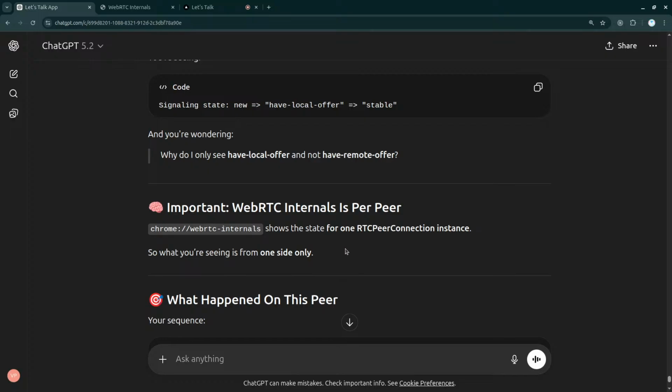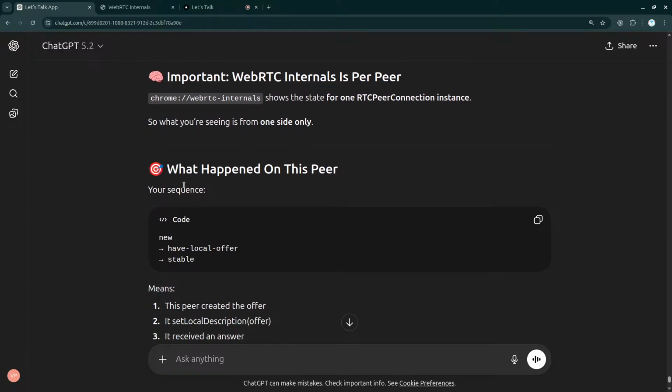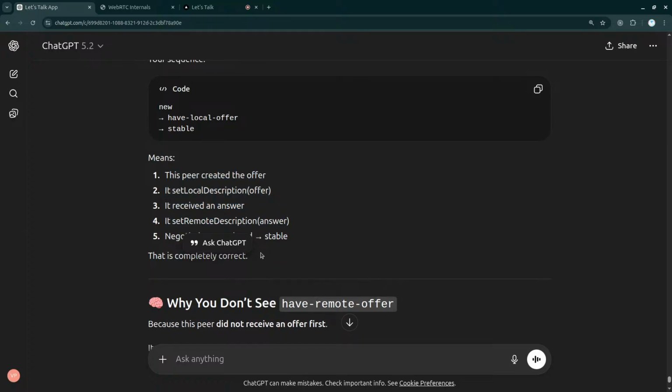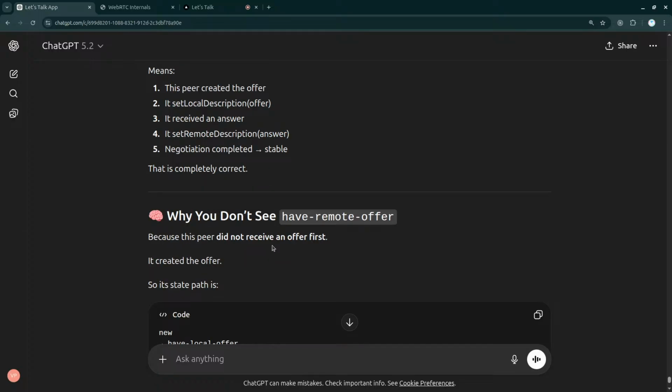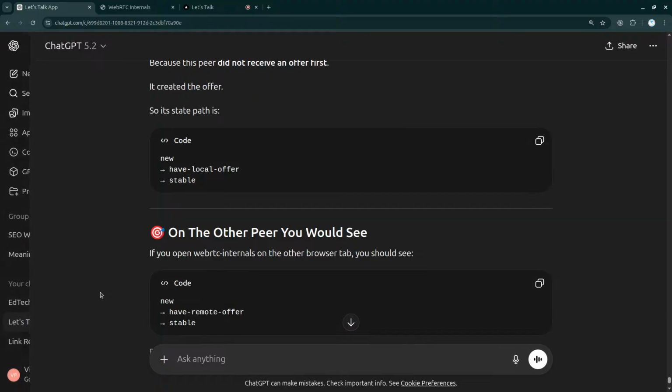So what you are saying is from one side, what happens on the peer is have local offer, and then stable. This means this peer created the offer and set the local description offer. It received the answer, set remote description answer, negotiation completed. Why you don't see remote offer? Because this peer did not receive an offer first. It created the offer, so its state path is have local offer and then stable. On the other peer you would see